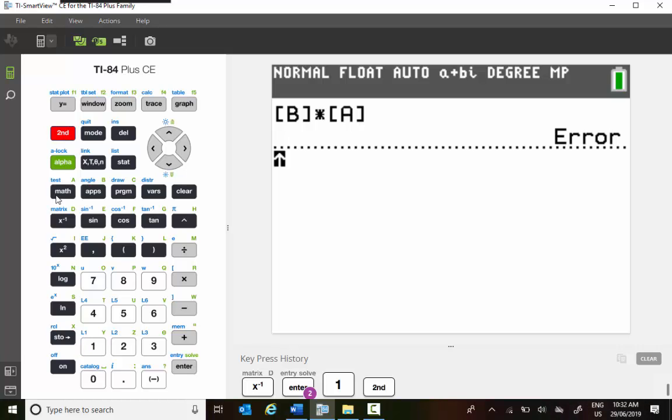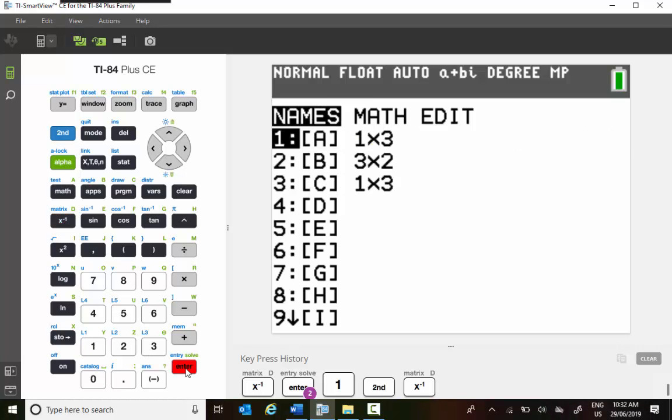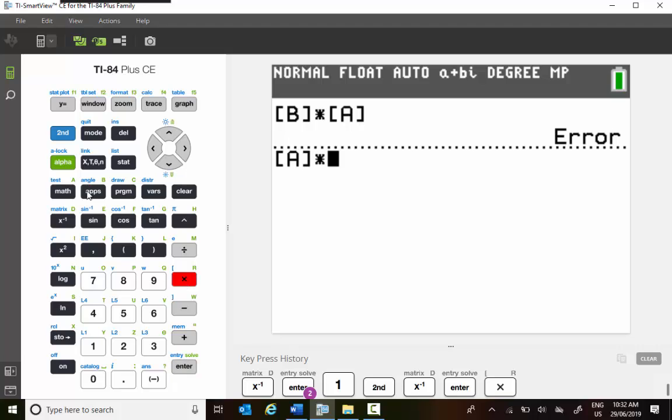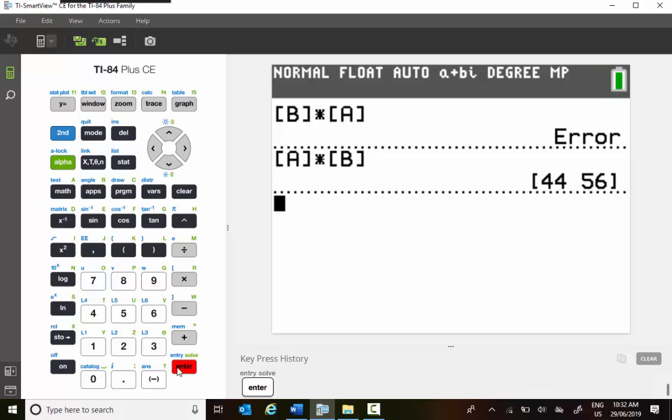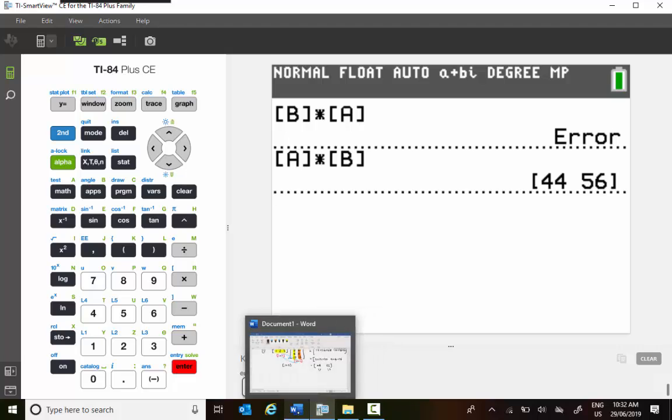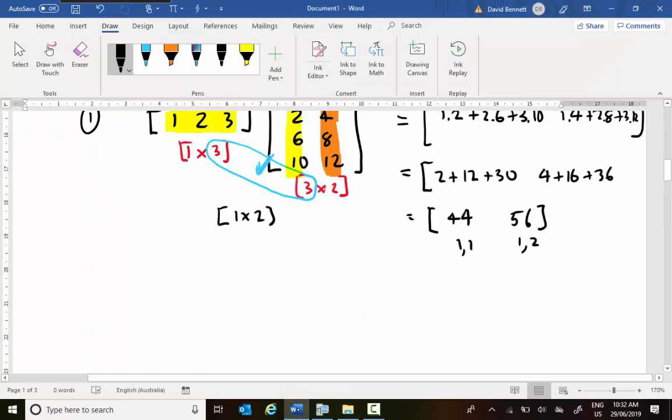If I do it the right way, matrix A times by matrix B, which is number 2, and go enter, I get the same answer I just worked out there. All right, so that's my matrix C multiplication. Let's make the next one harder. Well, it's not any harder, it's just longer. All right, so let's do